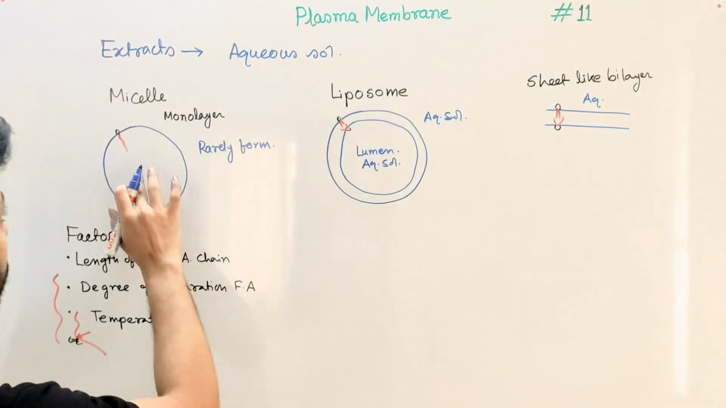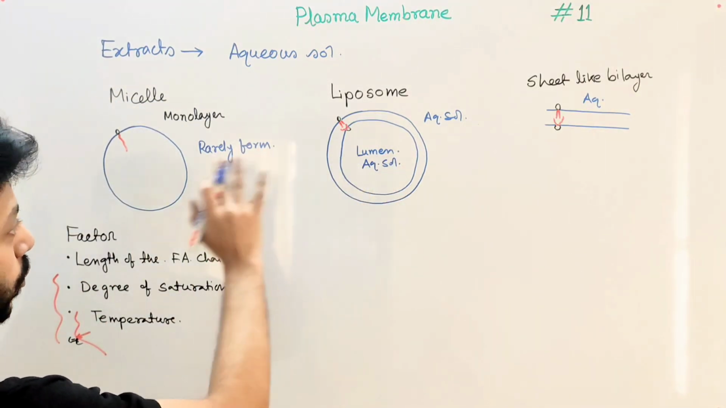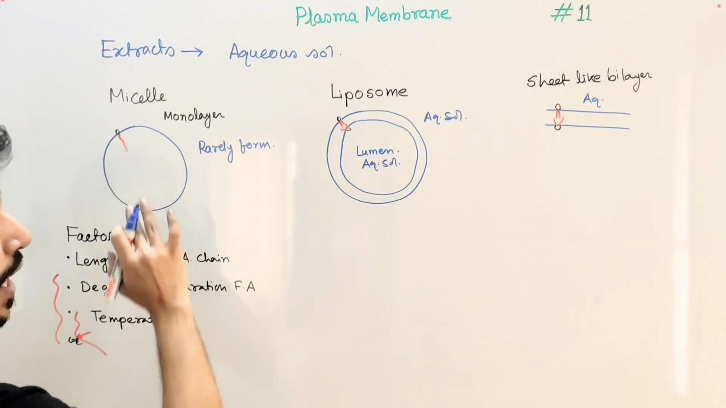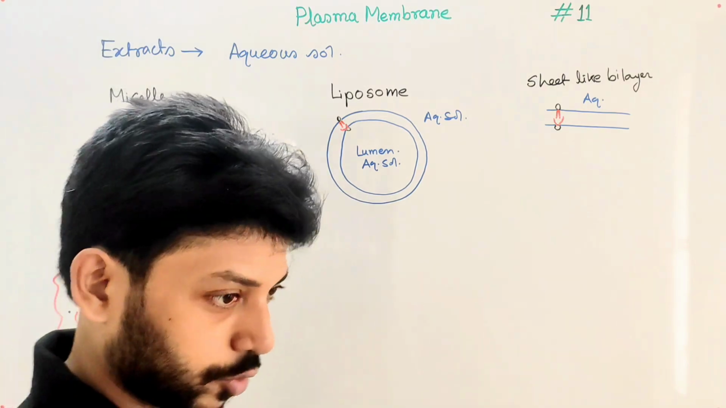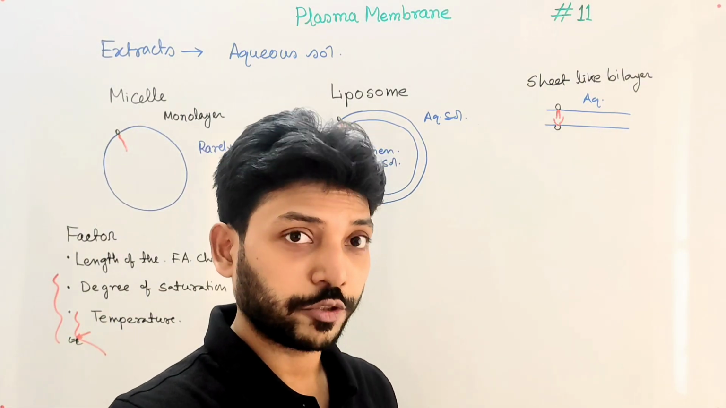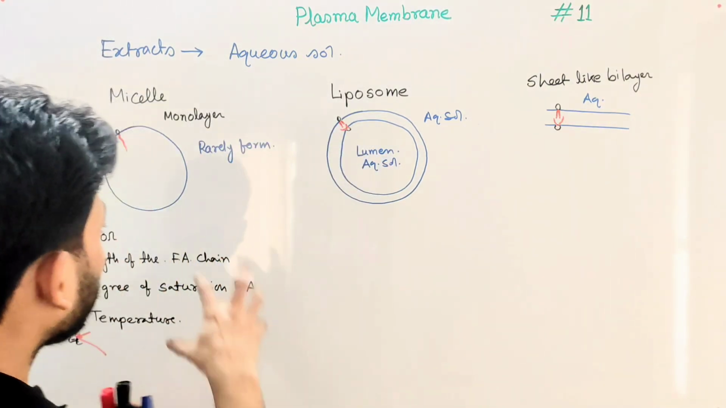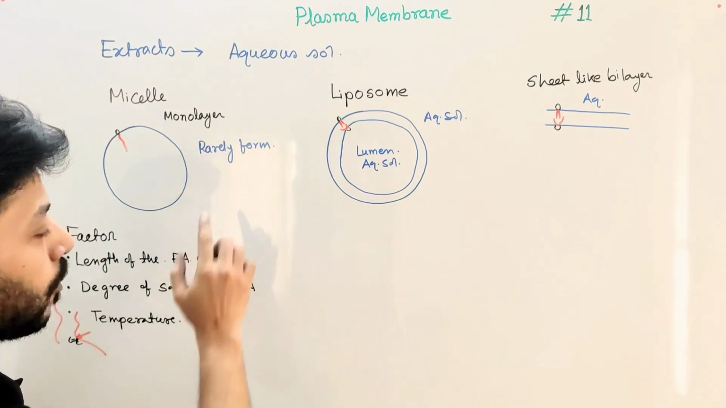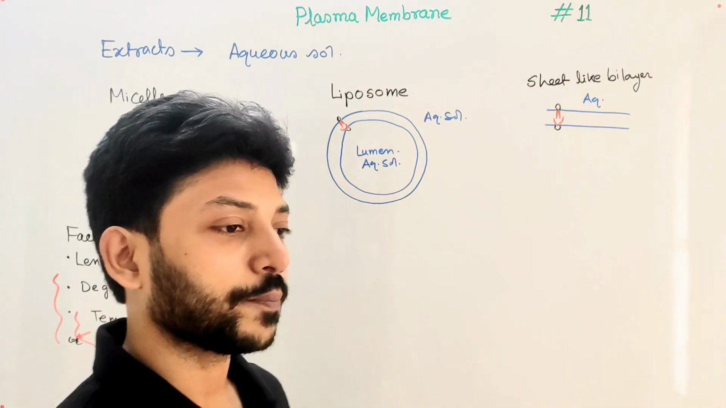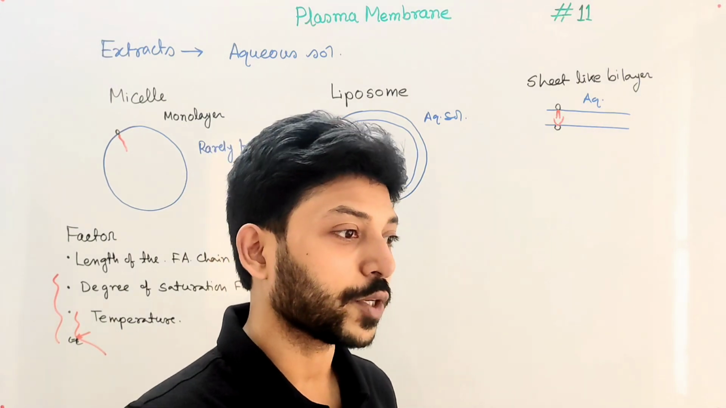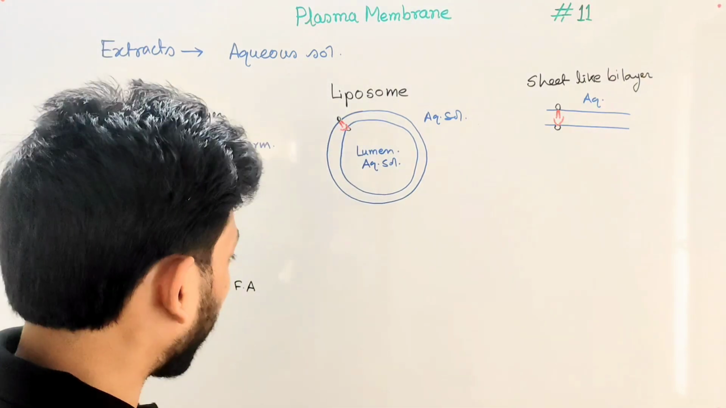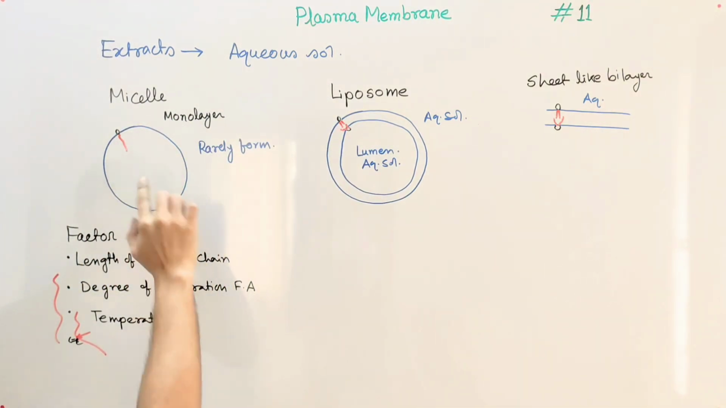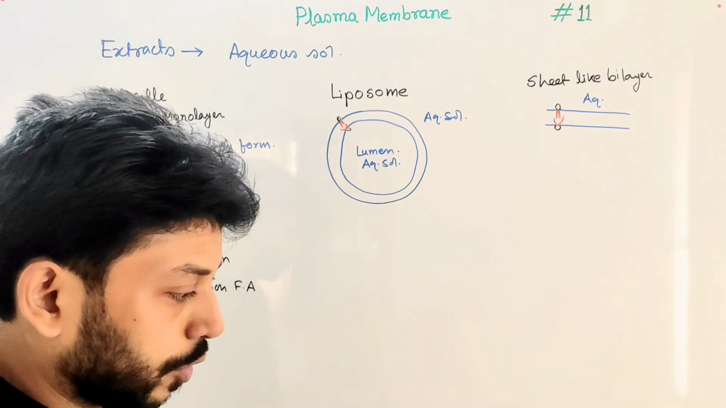And the reason is the presence of bulky fatty acids that cannot be accommodated inside the micelles. I have mentioned that inside the micelles there is no aqueous solution. Here only fatty acid chains are present. They exclude the water molecules and simply aggregate to form micelles. So micelles rarely form from plasma membrane lipids because of the too bulky fatty acid chains